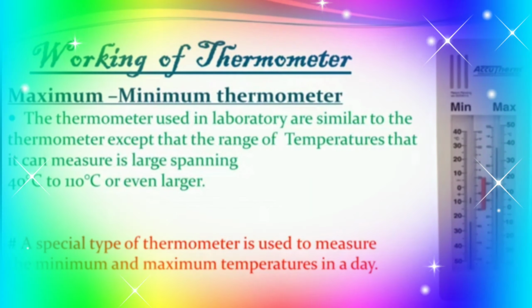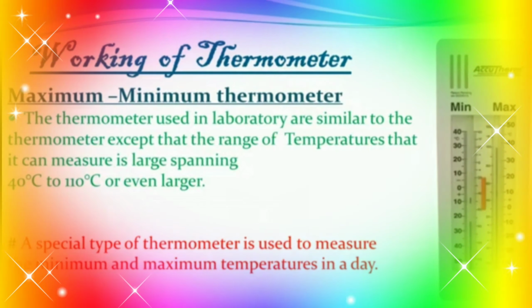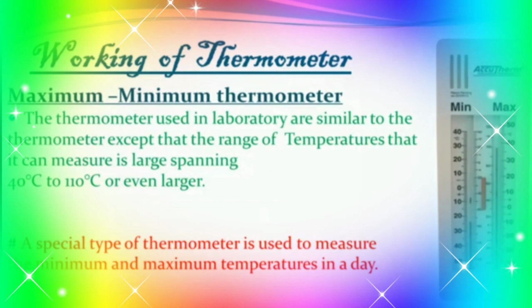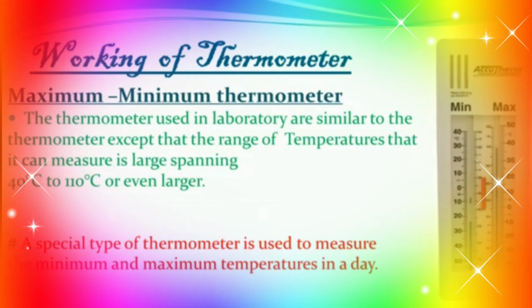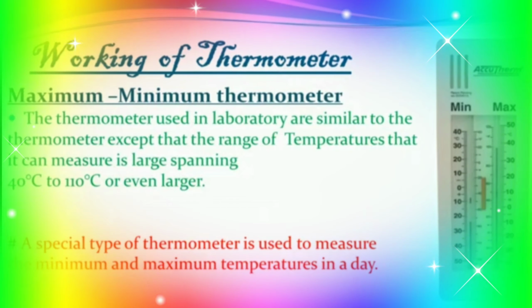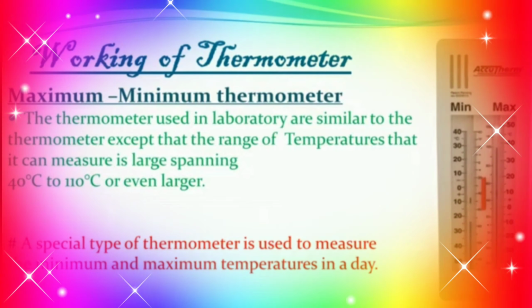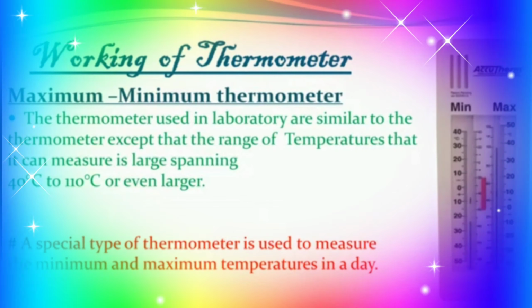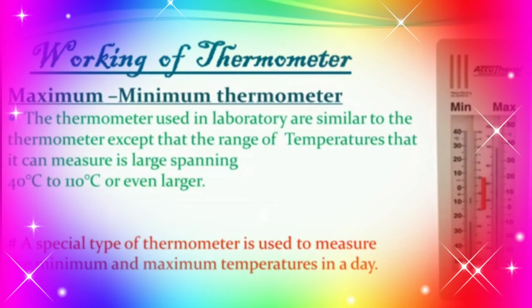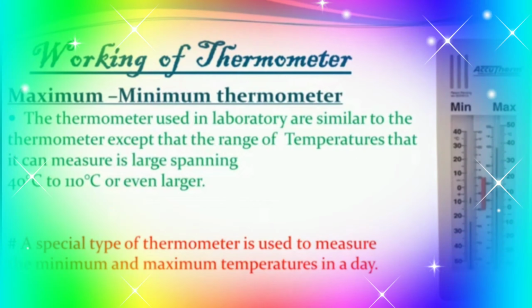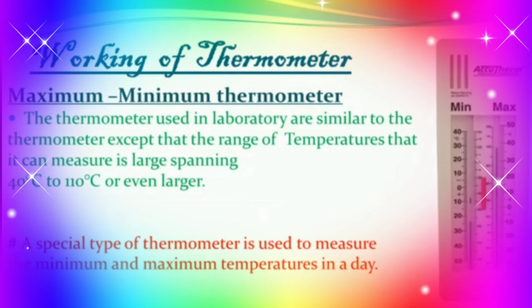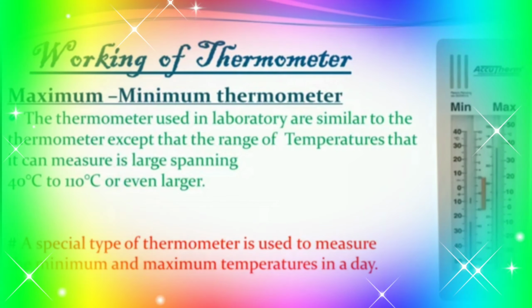Students, when a hot object is kept in contact with a cold object, they both exchange heat. The hot object gives away heat while the cold object absorbs heat. Thus, the temperature of the hot object decreases while that of the cold object increases. This means that the kinetic energy of atoms in the cold object goes on increasing while that in the hot object goes on decreasing. A time comes when the average kinetic energies of atoms in both objects become equal, which means that the temperature of both objects becomes equal.